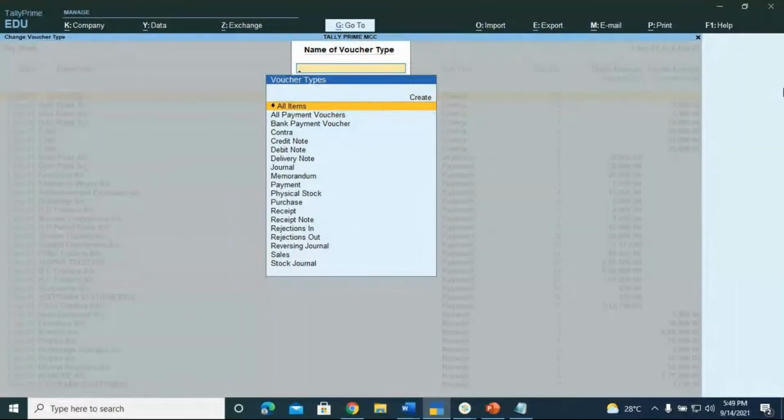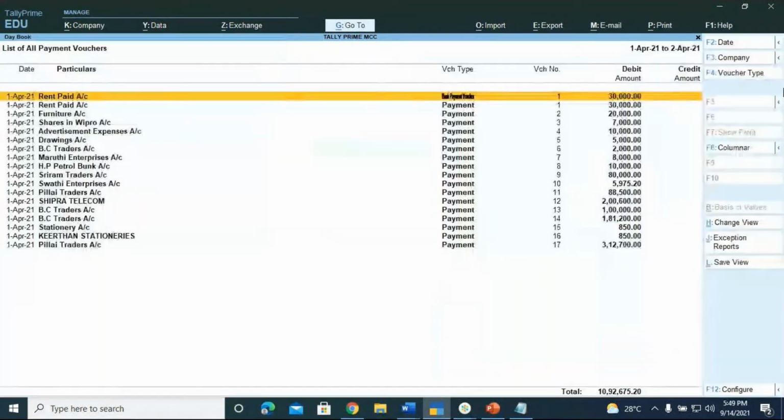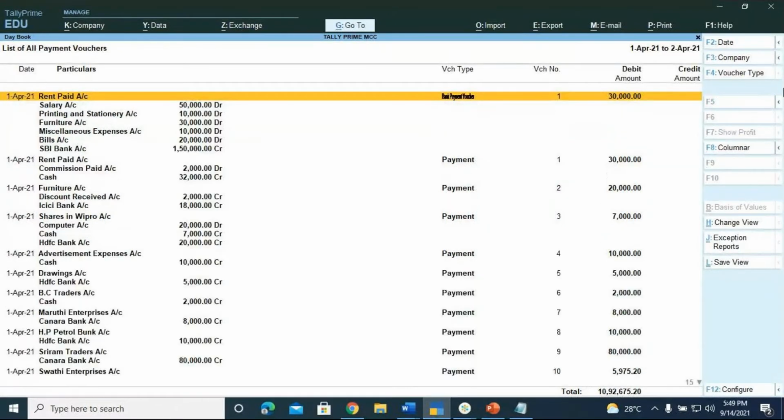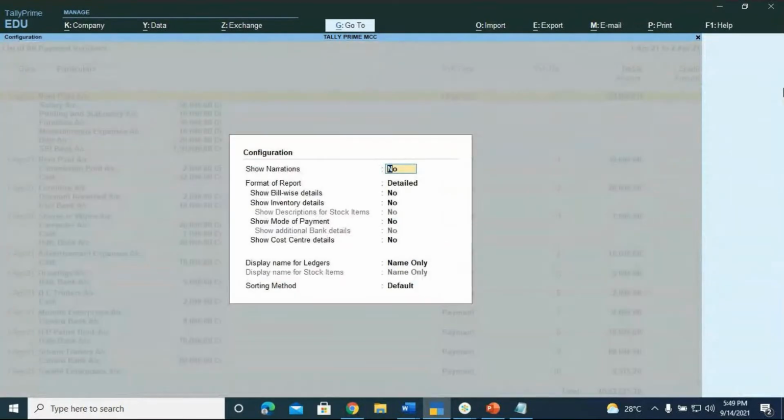Which voucher I want to view, that voucher I can select. So if I go to view all payment vouchers, can you see? Including the bank payment voucher, all my payment vouchers will be presented here. So here I have to press Alt F1 and get a breakup much in detail. Yes, so this is the best way where we can filter out the vouchers. If you want additional features to appear, if you want even the narrations to appear or whatever, you can press F12